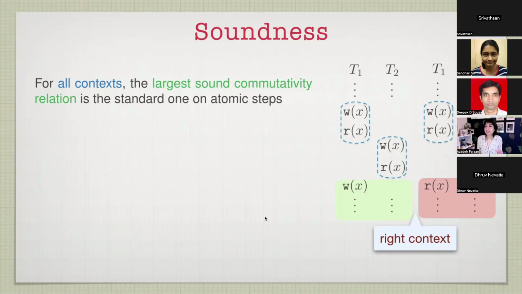If I really quantify universally on all contexts, then basically I'm saying I have to be prepared for anything. And I'm back to the only sound commutativity, the standard Mazurkiewicz commutativity as I defined it. There's nothing more I can do. So this is why I strictly don't want to do this. If I do this, I'm basically saying, forget about grains, just do the classic thing event by event, and that's the best you can get.